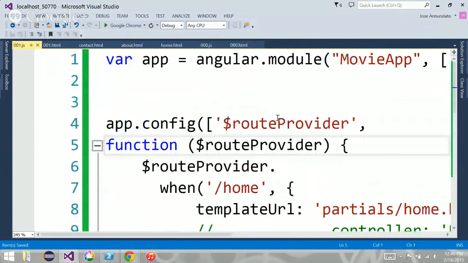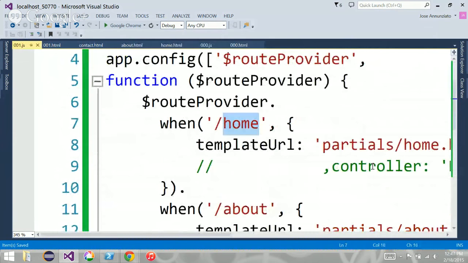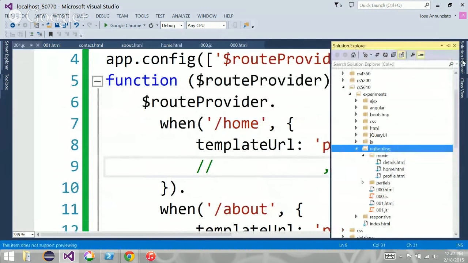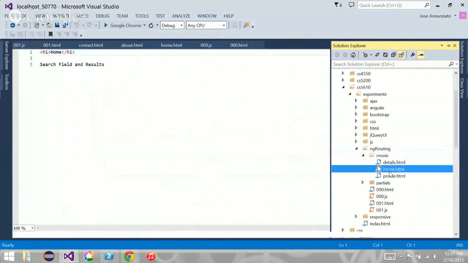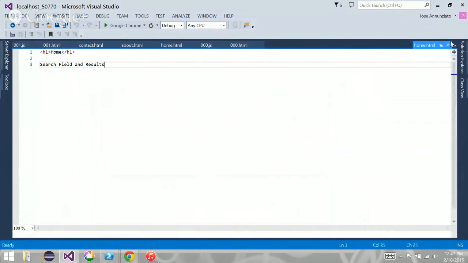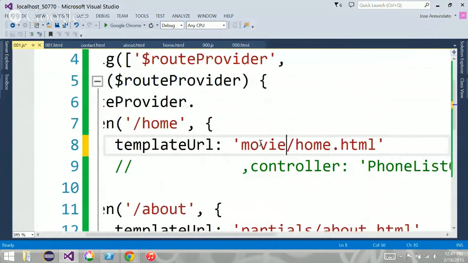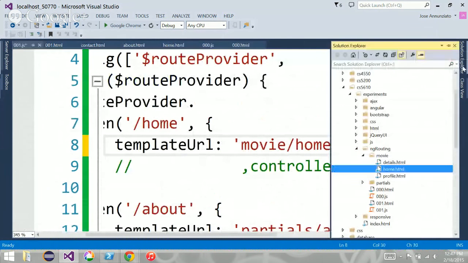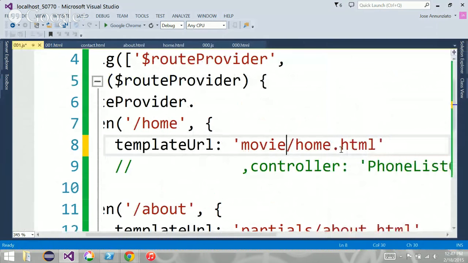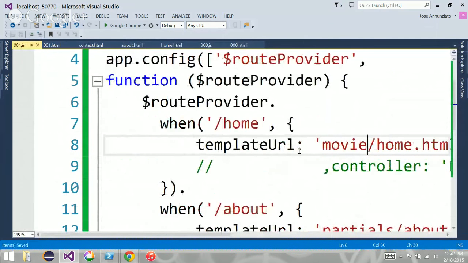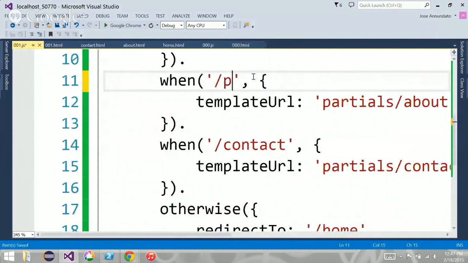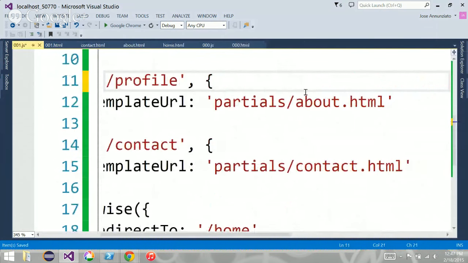There we go. I'm going to say, okay, if you go to home, what page should we go to? Movie home HTML. Yes, that's where we want to go. So we're going to go to movie, or movies? Movie. Okay, movie home. There it is. If we go to profile, we're going to go to profile HTML.